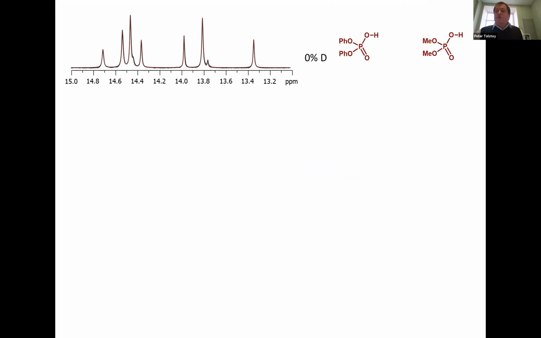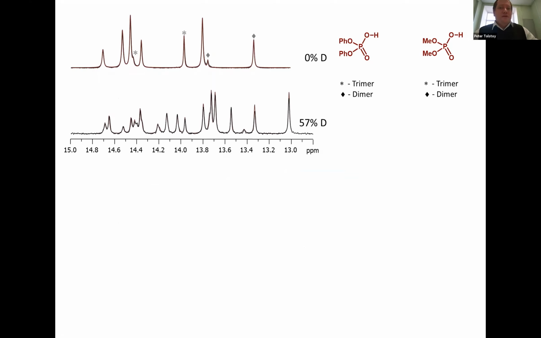Now, if we mix 2 different acids, like 2 different phosphoric acids, there are many more signals in the proton spectrum. Some of them are known already to us because we have studied the individual acids. So some of them come from self-associates of the acids. All the other signals come from mixed complexes. And we can deuterate the sample, and the number of signals increases even further, but actually the ability to understand what's happening increases. Because knowing how the isotope effects are being formed, we can now analyze this spectrum,